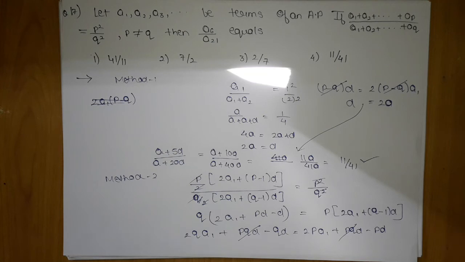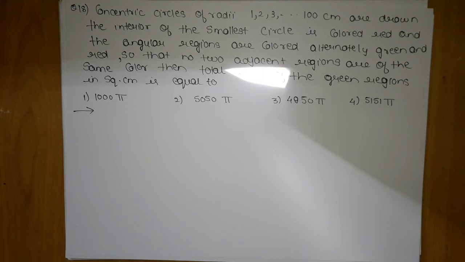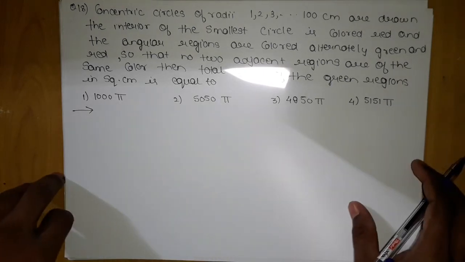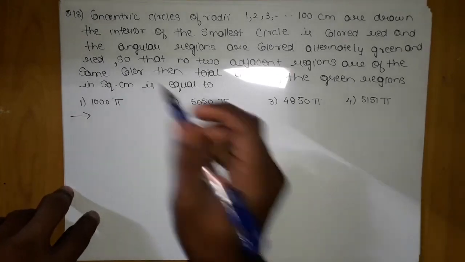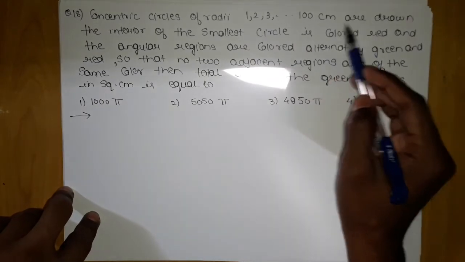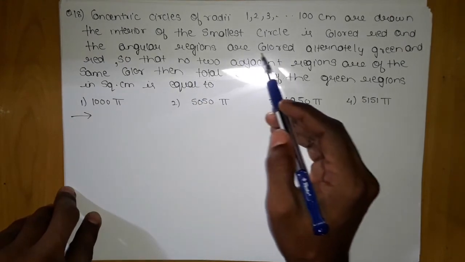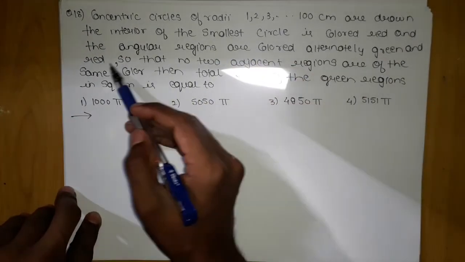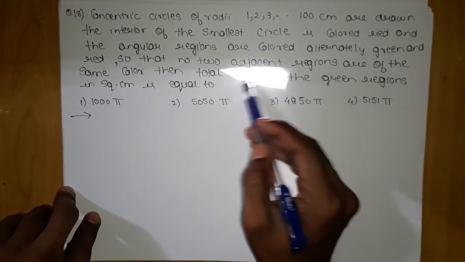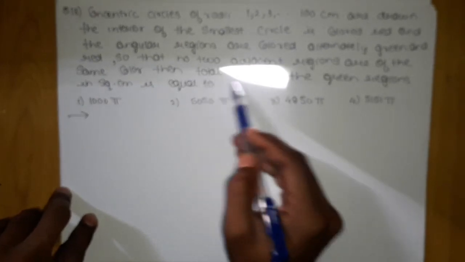Now the next question is the 18th question. This question is quite a big question, so you need to be quite attentive. The question says concentric circles of radii 1, 2, 3 till 100 centimeter are drawn. The interior of the smallest circle is colored red and the annular regions are colored alternately green and red, so that no two adjacent regions are of the same color. Then the total area